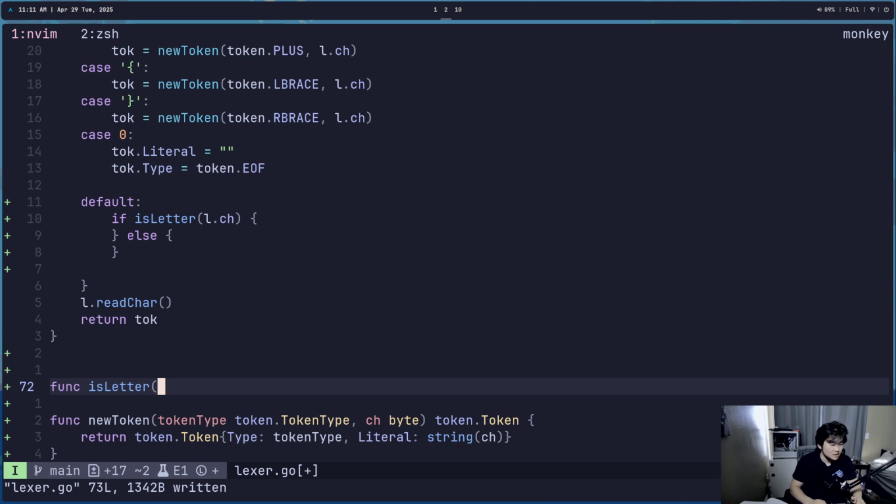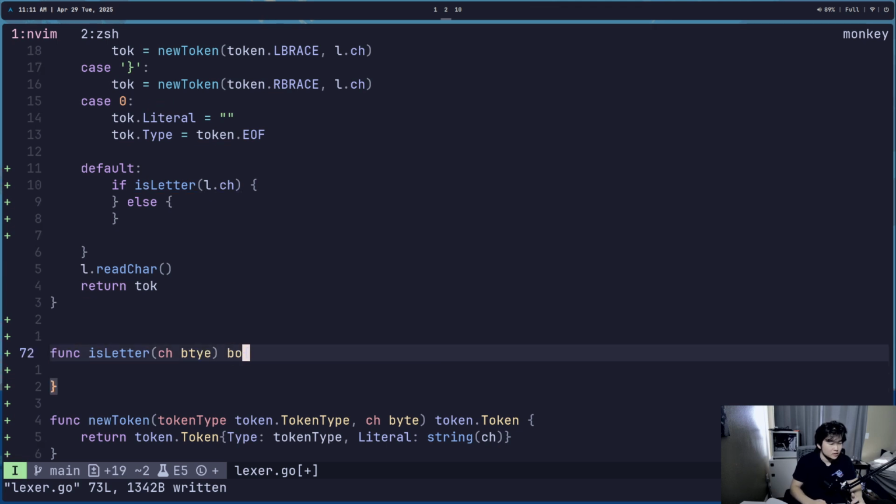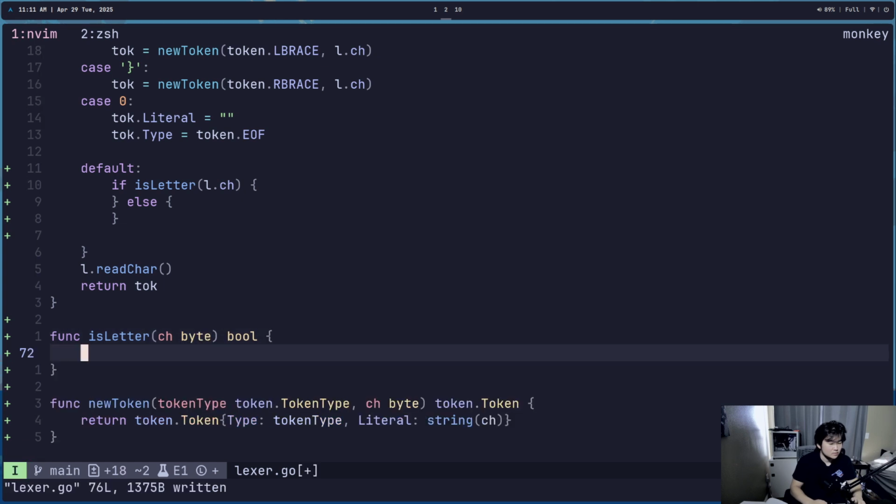Which takes in a character, which is just a byte, and returns a boolean. Can I not spell? Return the character which is less than or equal to this, or not that, it should be greater than or equal to this,